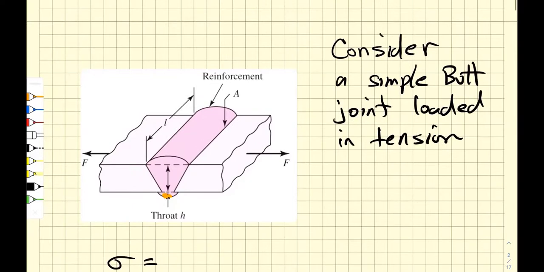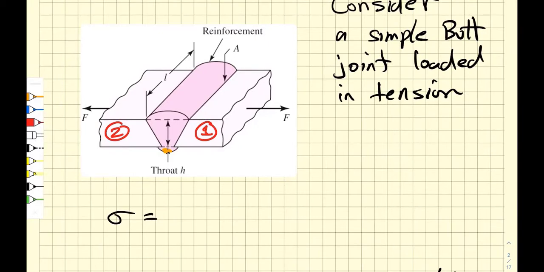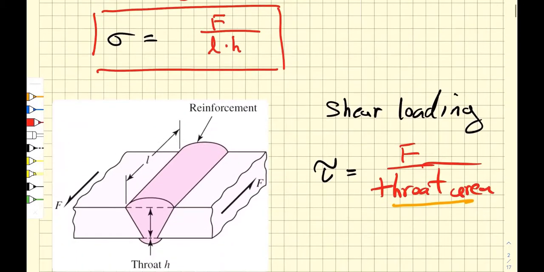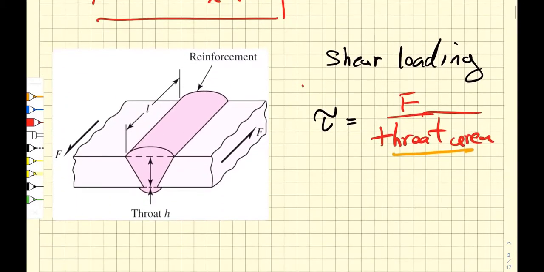Now let's imagine a butt joint where we have two plates, plate 1 and plate 2, welded together along a line that is perpendicular to the applied loads. Well, the normal stress that's acting across that weld is going to be the force F divided by the cross-sectional area of that weld. The weld is of length L, and we're going to use what's called the throat height H. That's what we talked about before for the depth of the fillet weld as well. So that's the tensile stress. If we loaded this joint in shear, the shear stress would be the same.